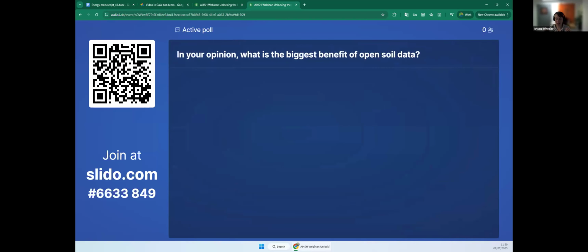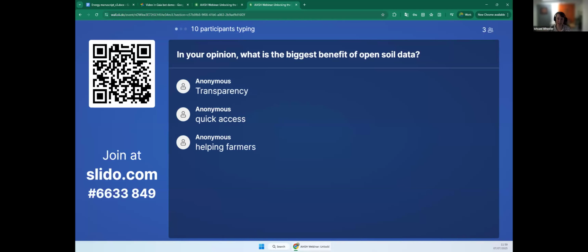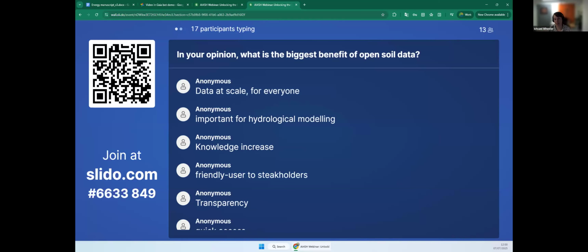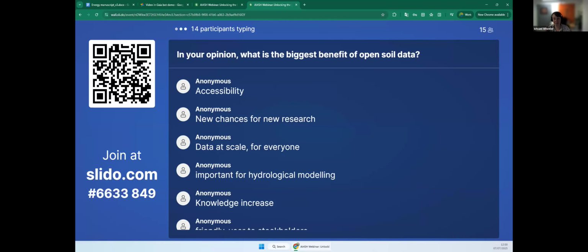Right. So given what you just saw Tom present, what do you think the biggest benefit of open soil data could be? Don't worry about uncertainty about who controls what, the implications. What could help? Oh, first Monday of the month, if you can hear the alarm, it's a practice alarm. You don't have to leave. Okay, so yes, helping farmers, quick access, transparency. Oh, hydrology. Someone likes water. Yes, it's important for water.